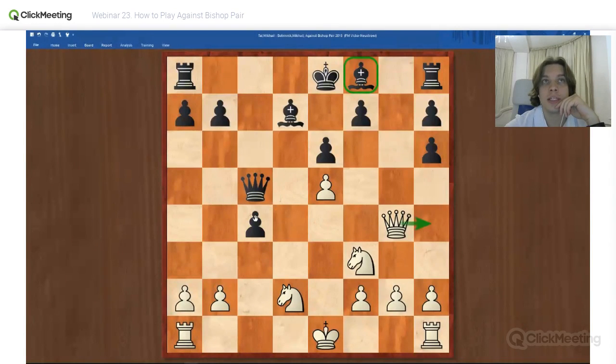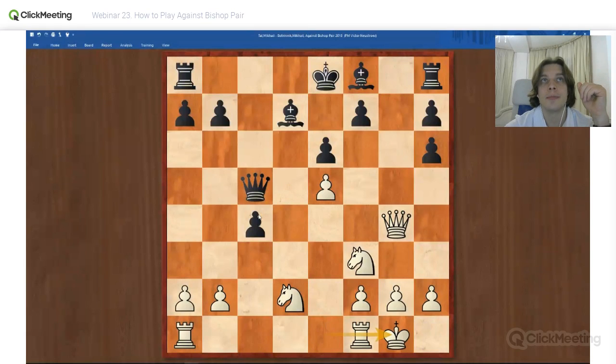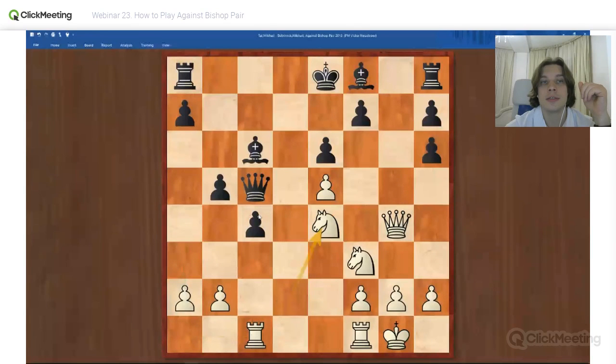So for example, if d takes c4, which is a logical idea if black wants to activate his light squared bishop, then castle, bishop c6, rook c1, b5, knight e4, and when we get to f6, the game is almost over, regardless of a pawn sacrifice. That's why he has to take, queen takes, and his position is too exposed, and of course he loses the pawn on c4.